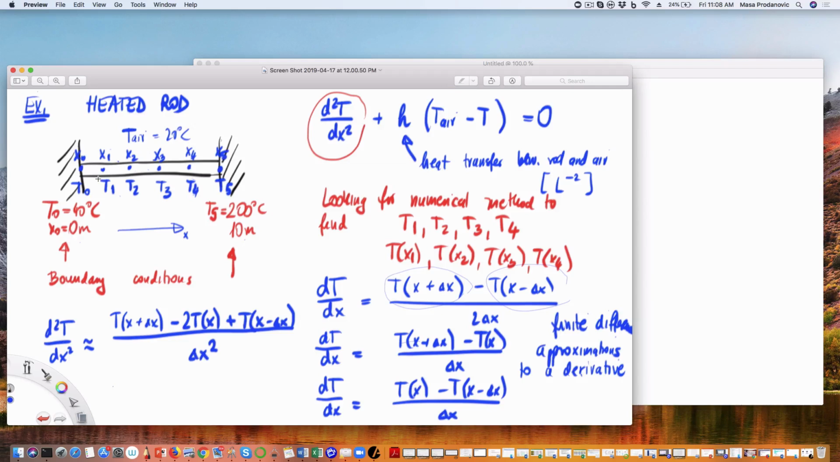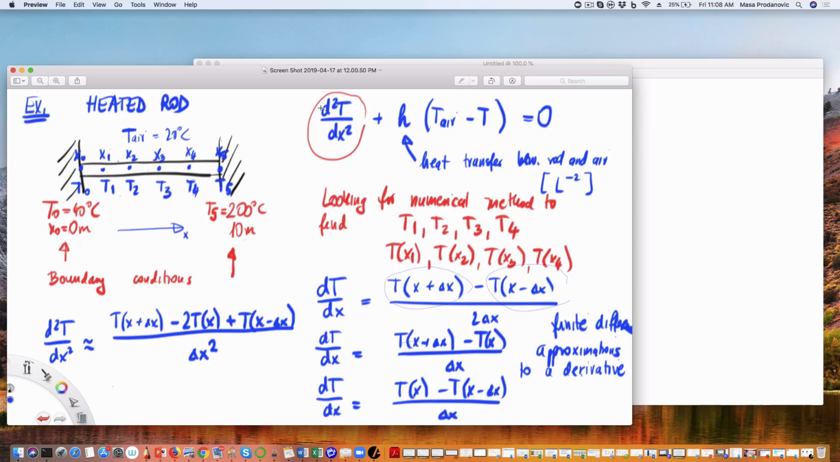So I'm interested in what is the temperature. If I'm keeping this at 40 degrees and 200 degrees, those are my boundary conditions, what is the temperature of this rod? Now there's a differential equation that actually solves this, that basically says that the second derivative of the